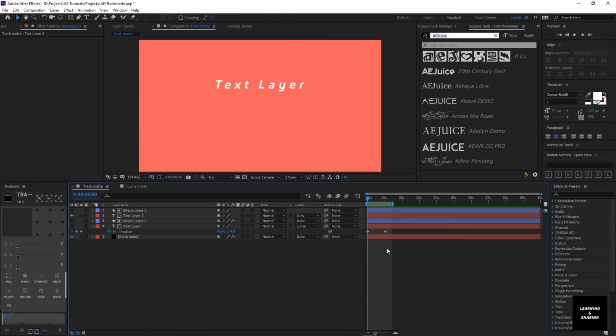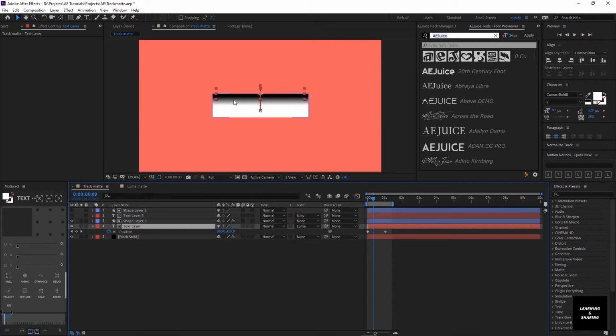As you can see here, when the text layer meets the shape layer, there is a sharp cut. If you want to make a smoother transition, that is where you use luma mattes. I'll just turn on these two layers. Here I have used a gradient. Luma matte works on the brightness or the color levels of the shape layer.